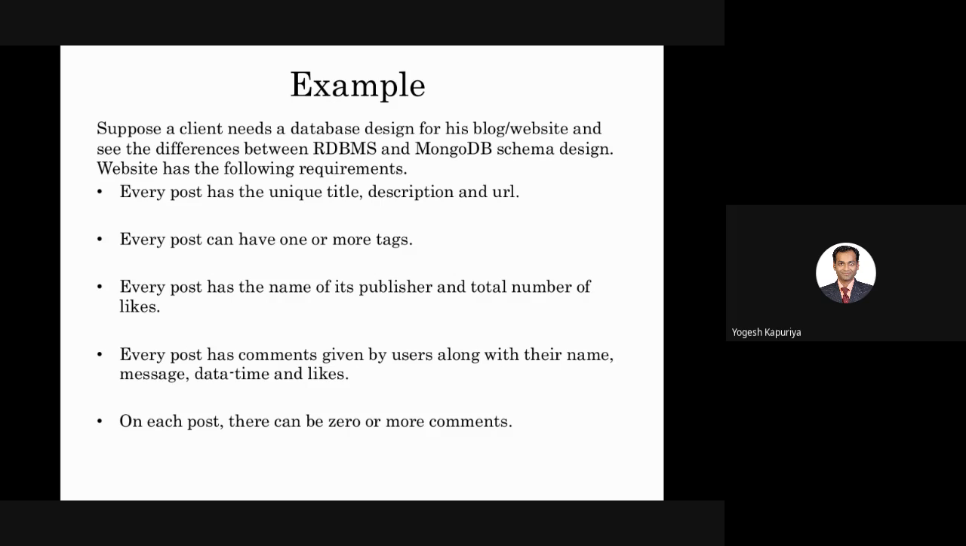So I think you are right. Four tables: users, comments, post, and tags, if it's an ER design. Now let us try to convert it into the document version. So as I told you, in case of document-driven databases,